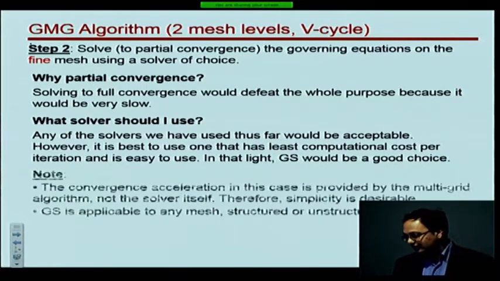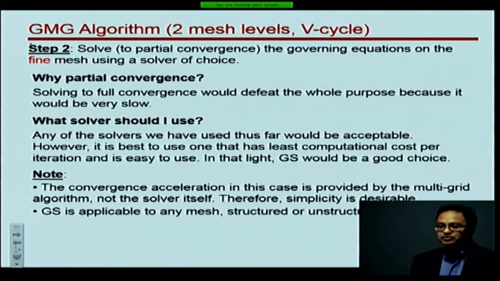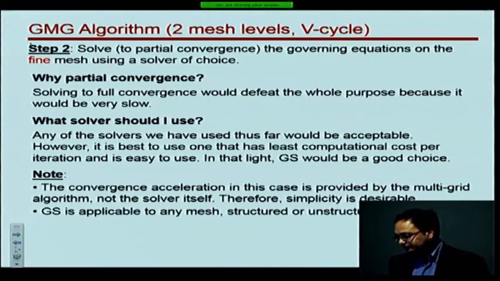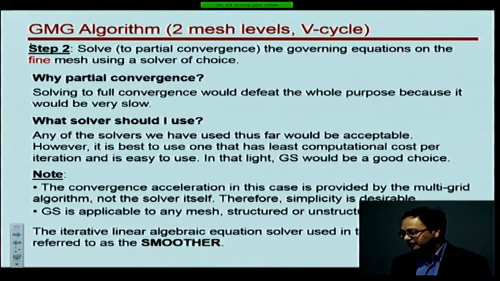The point being that the convergence acceleration in this case is really provided by the multigrid algorithm, not by the solver itself. So therefore, using a solver that's not highly convergent is still okay. All right. And as I said, it can be used both for structured and unstructured. So that's great. The solver that you use in step 2 to solve the equations on the fine mesh is